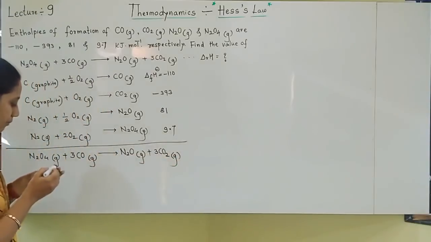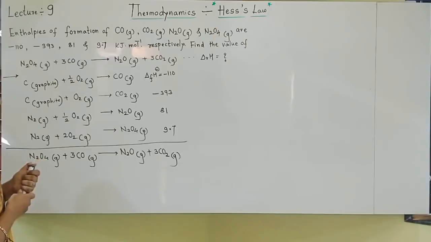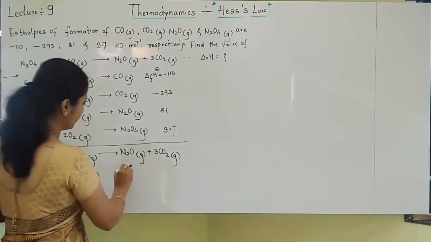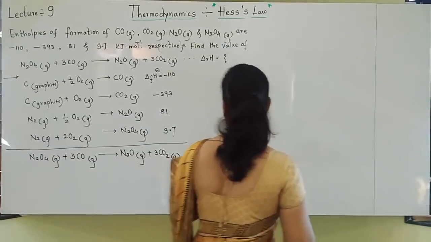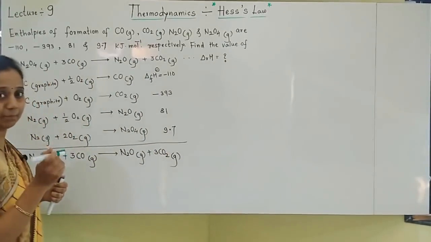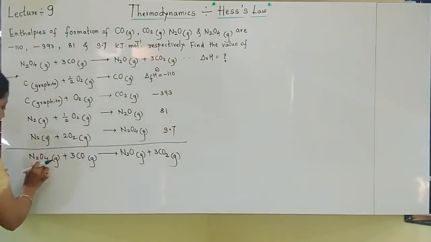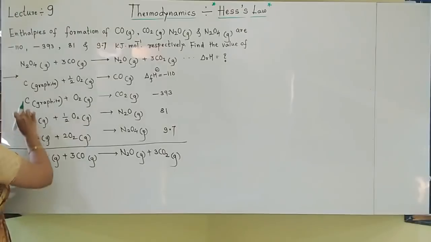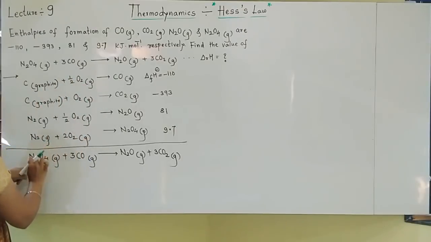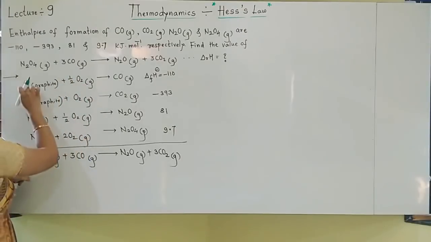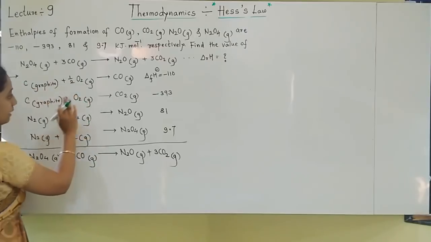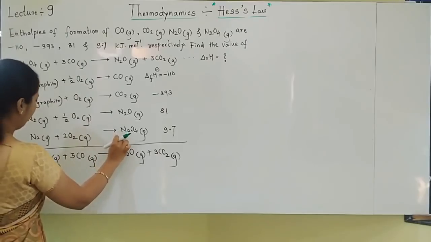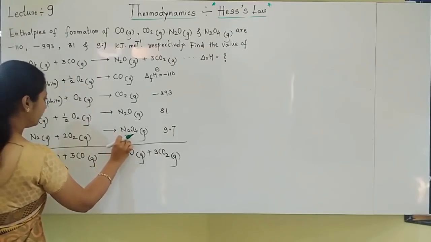Okay. Now see students, its delta H value we have to find out for this equation. What changes we should do? I will highlight the things. Once again make the practice how I am doing the things. See here, I will start with N2O4, my reactant. I will search for N2O4 on reactant side. But I did not get N2O4 here. In this fourth equation, N2O4 is not there on reactant side, but it is surely there on product side.